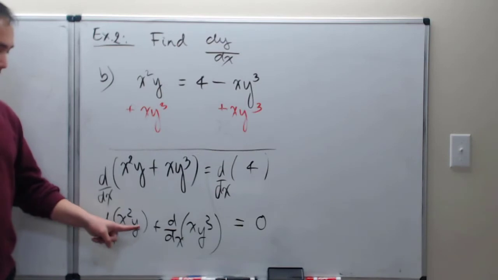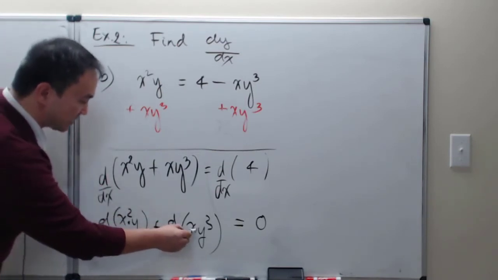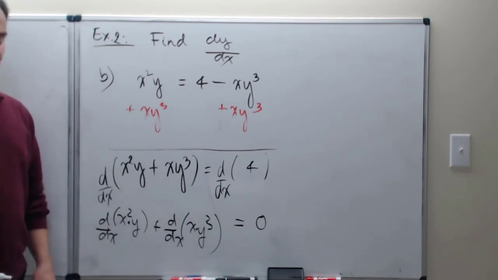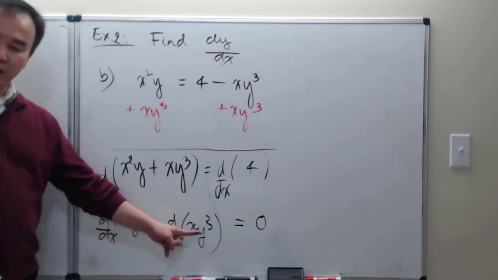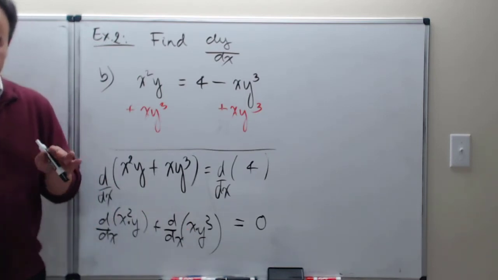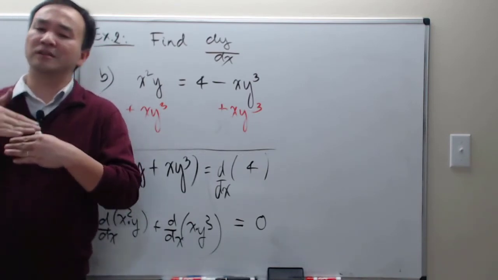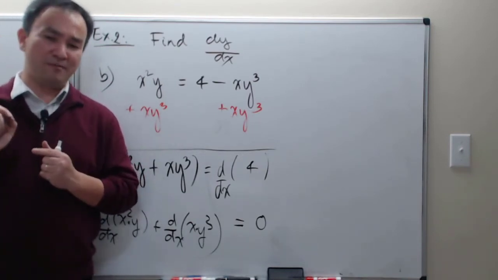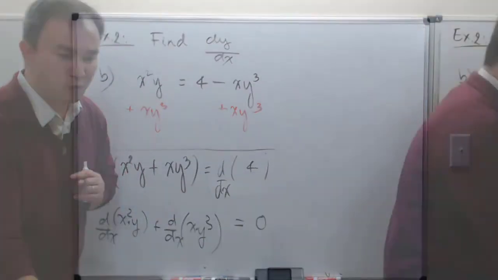Okay, and now each one of my terms right here is a derivative of a product. There's a product between the x squared and y, and there's another product between the x and y cubed right there. Now, in my next step, hopefully viewers coming to this point of my video have already gained a little more maturity, so I am going to start speeding up the steps a little bit. Okay, so in my next board right here,